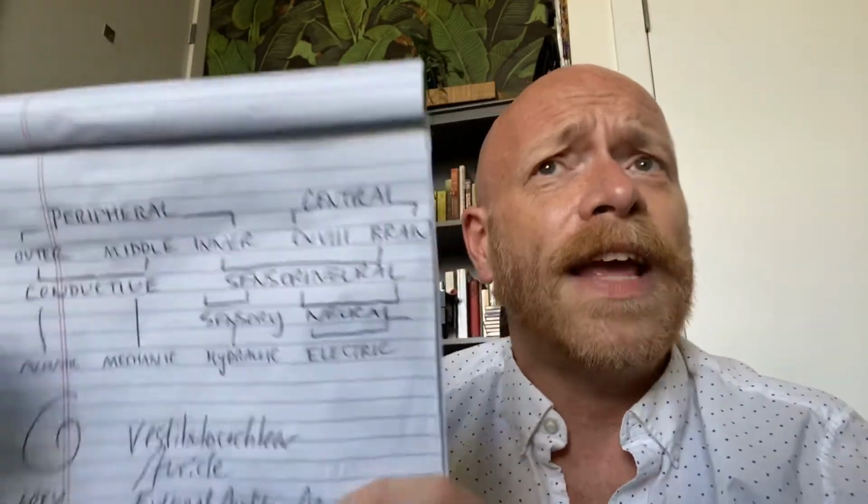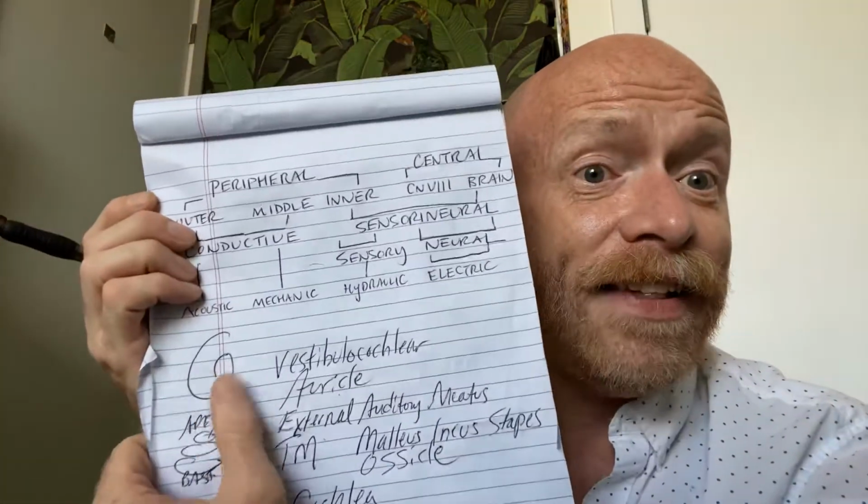The cochlea is sort of the analog to the retina in the eye, okay? So if somebody says, what is the actual organ of vision? It's the retina with its rods and cones, right? For the ear, it's the cochlea. The cochlea has 2.5 turns of flesh and blood encased in bone.